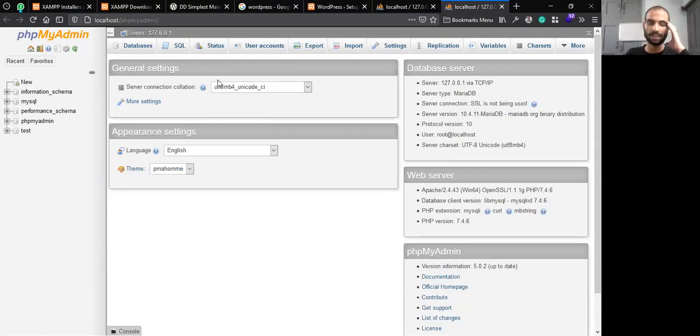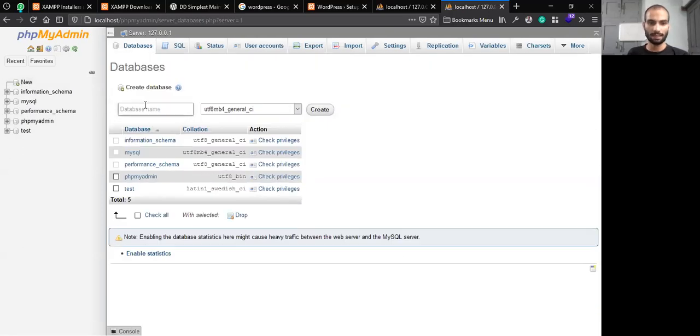There will be a few things that will not be there, like this new button, and other things will be the same. So the new button will not be there in the hosting provider. Mostly you have to add a database through the cPanel, and then you can edit the database from here. So right now I will not have any cPanel. I will just have to click on this new button. I will go here and create a database.